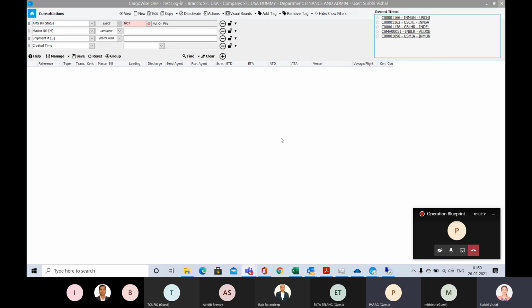Yeah. What we do, we have a system. We file AMS and ISF in that. For ISF, we take a power of attorney and the details that are required, and accordingly we file in the system. Okay, fine. In the ISF, I will show you how we can file ISF, because ISF is not connected from here, but I will show you how you can do that.